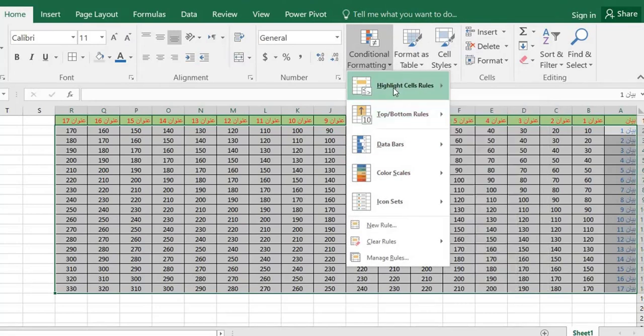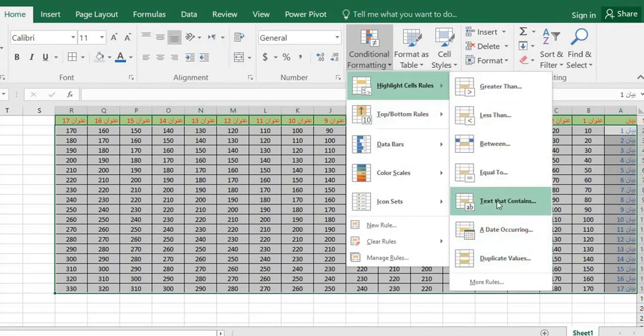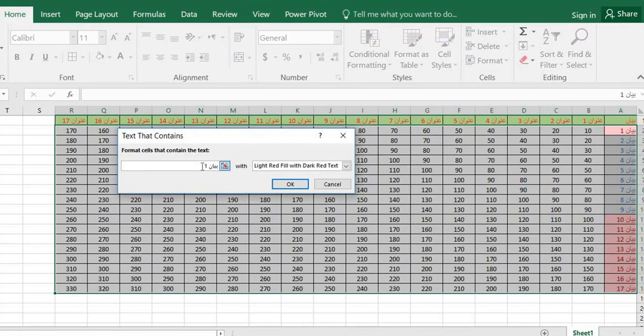For example, by clicking on Conditional Formatting, then Text Contains, then typing statement and choosing red color, the text color in the first column will change to red for cells containing the word statement.